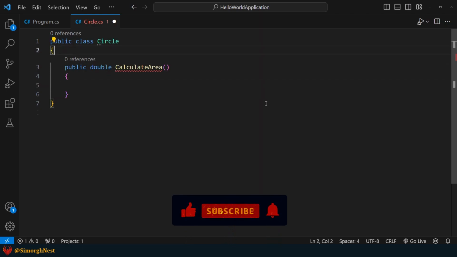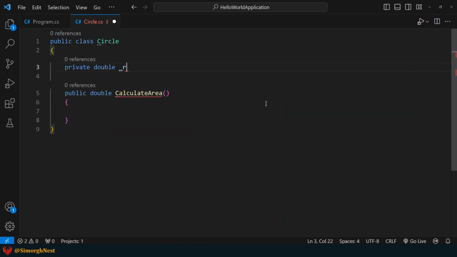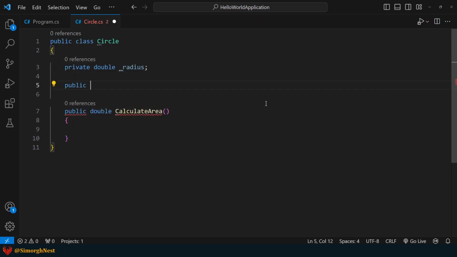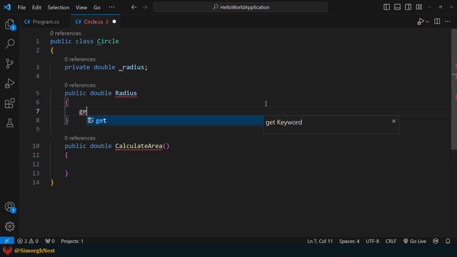So, we declare a private field called radius to store the radius value. Then, we create a property with the same name as the field. In the getAccessor, we check if the radius is greater than 0.